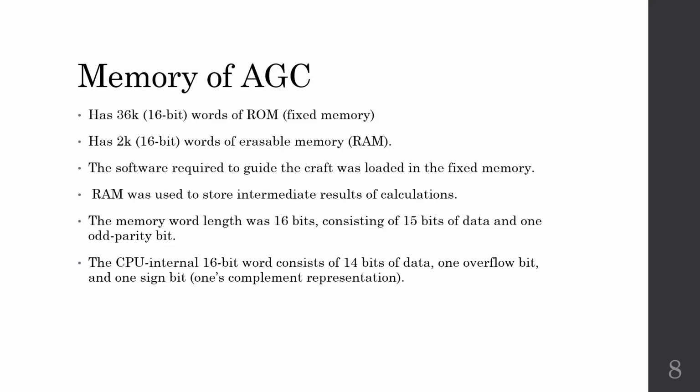And RAM was used to store the intermediate results of calculations like the velocity of the spacecraft, the position, and others. The memory word length: each word in the memory of the Apollo Guidance Computer was 16 bits. It consists of 15 bits of data and 1 sign bit. The internal,